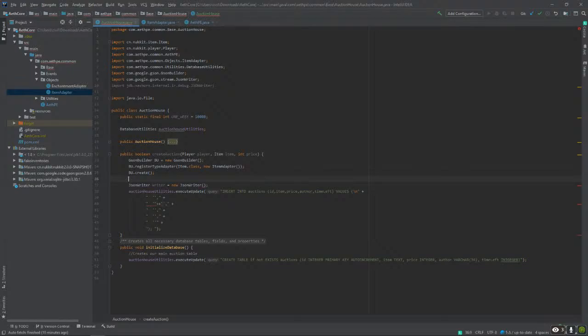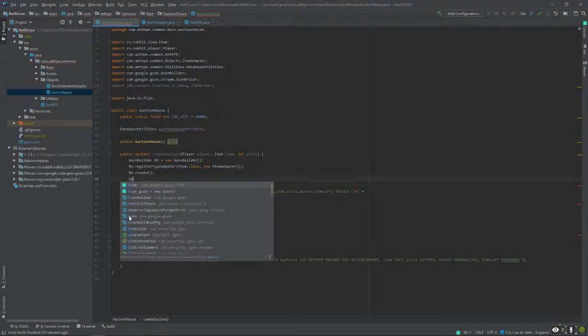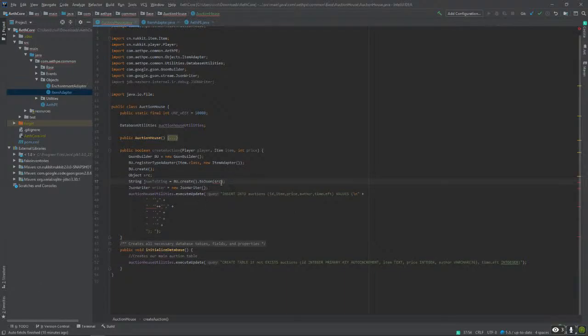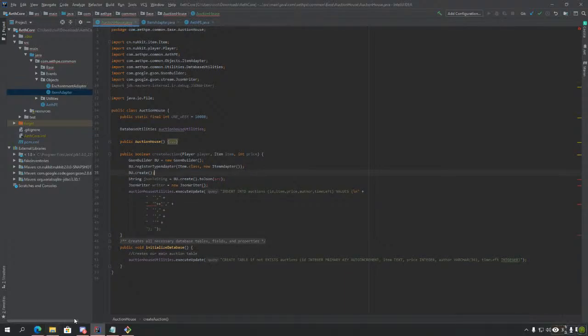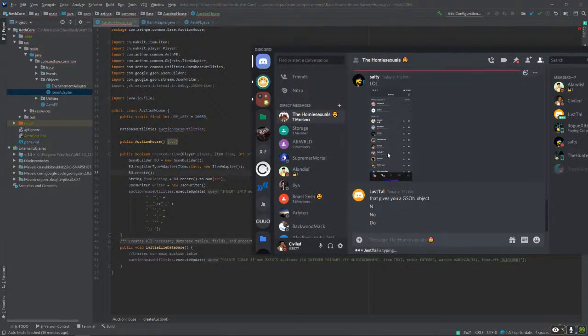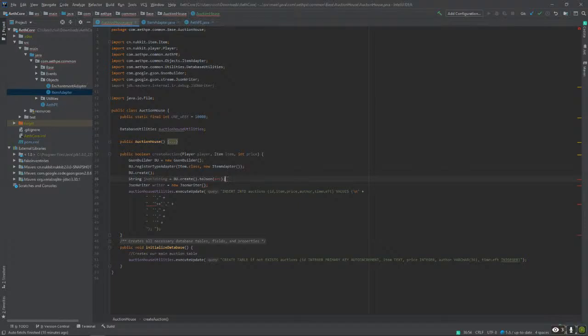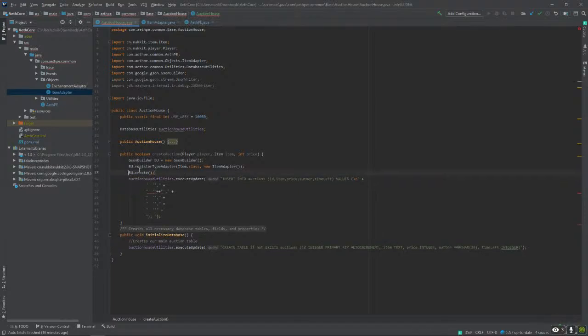And then string JSON to string is equal to, 1 second. Okay, then I don't know what I'm supposed to do. JSON, yeah, I did that. Oh wait, never mind. I'm stupid. So I have to continue this as